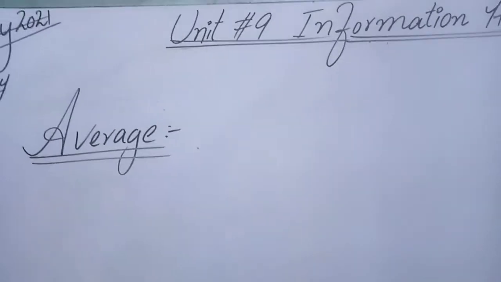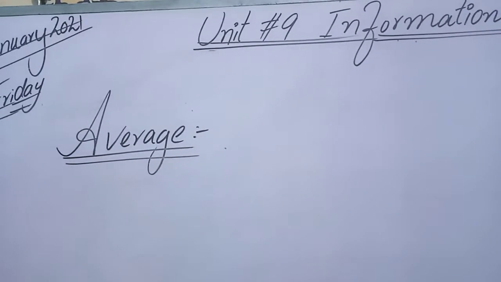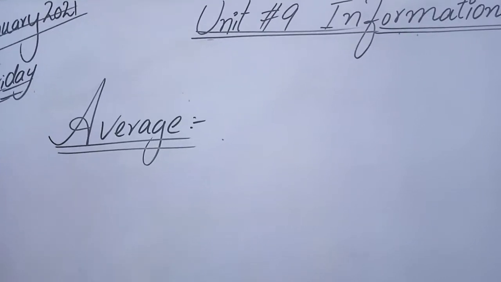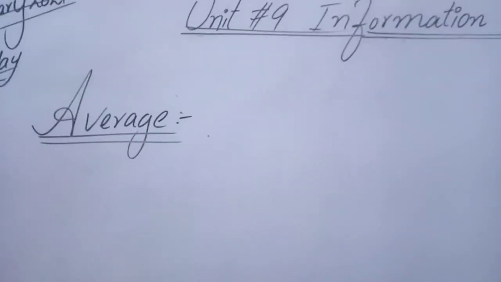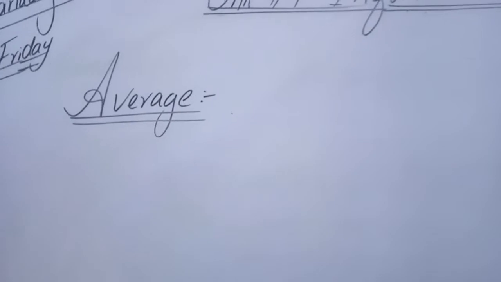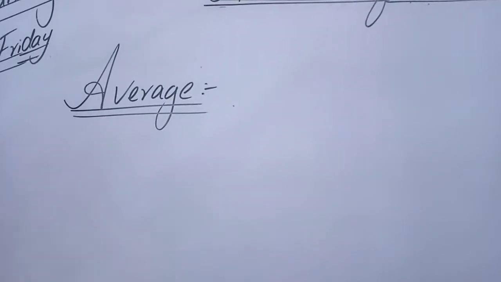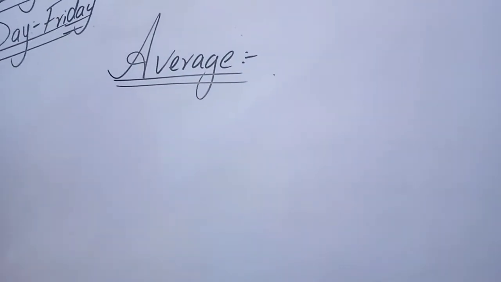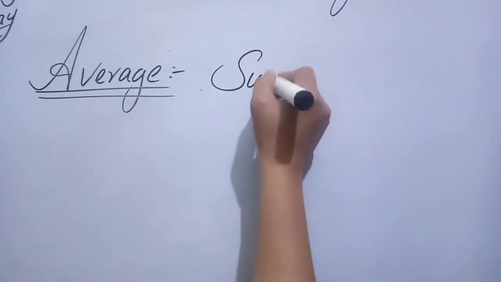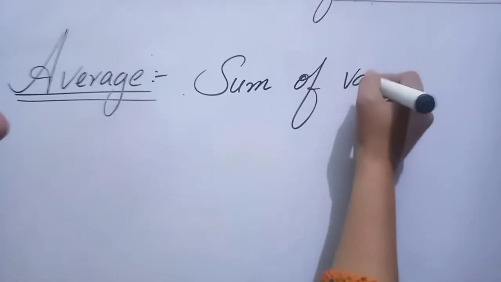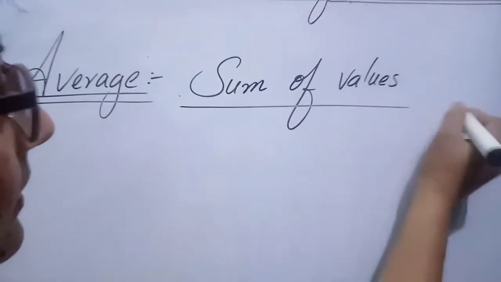What is the average and what belongs to this topic? So, students, if you are given two or more values, then what should you do? You have to sum these numbers and then divide by the number of quantities, the number of values, and then you will find the average. So the most important thing in the average is to use the formula. Here the formula for the average is given: sum of values divided by the number of values.